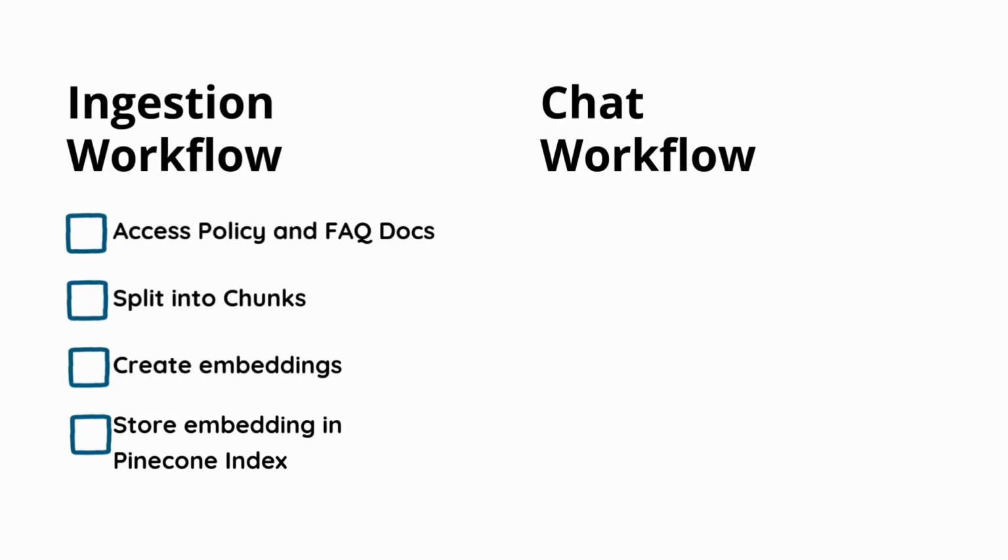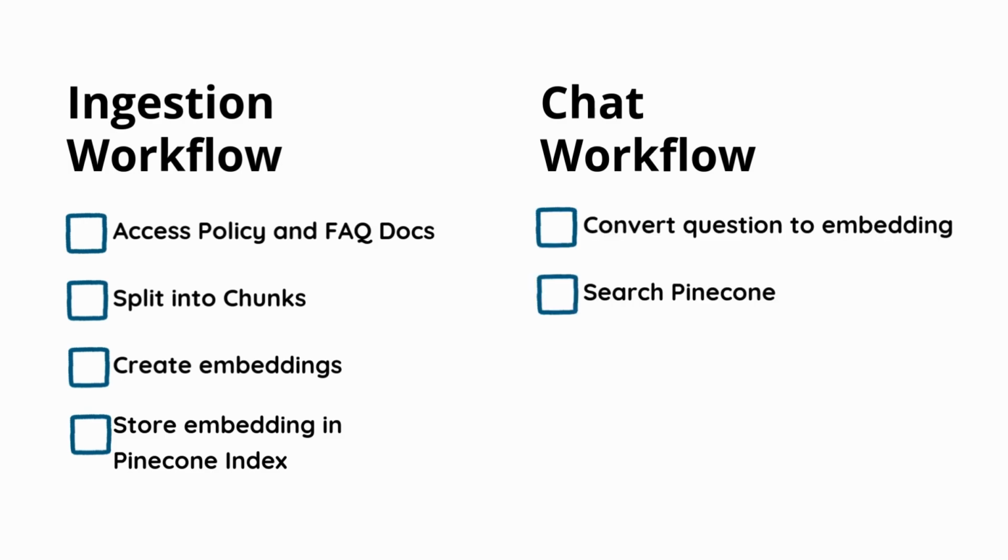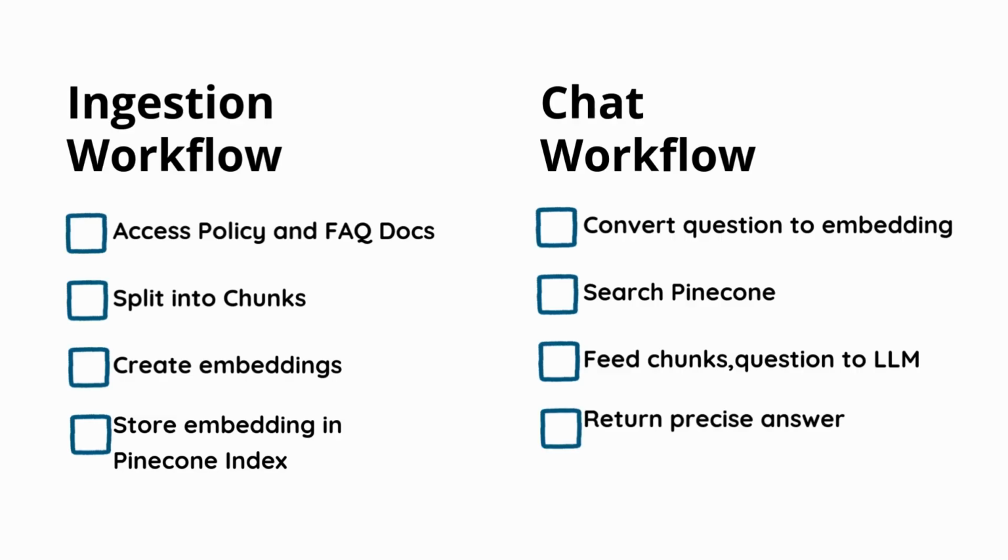For the chat workflow, we'll create an interface where you can type a question and our agent will convert your question into an embedding, search our Pinecone index for relevant document chunks, feed those chunks along with your question to a large language model, like OpenAI's GPT, and return a precise answer